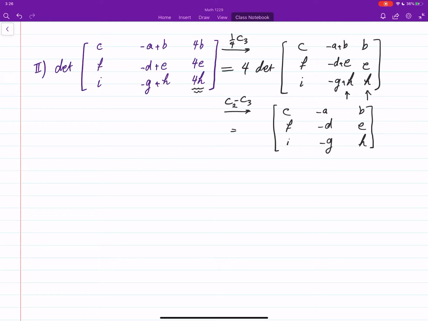And while this operation doesn't change anything, the determinant stays the same. Don't forget that 4 from the previous step, and we have to carry that over. Okay, very nice. Now we need to take out one negative sign, so negative column 2. This will give us